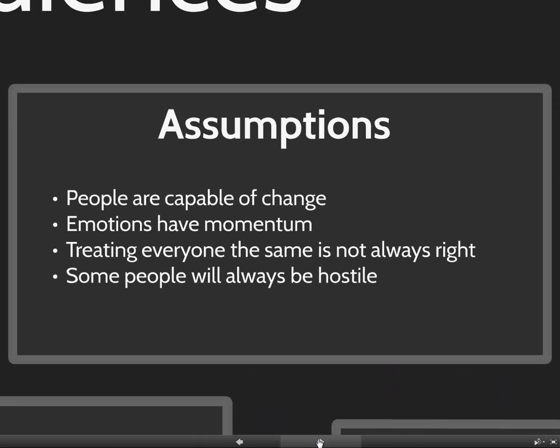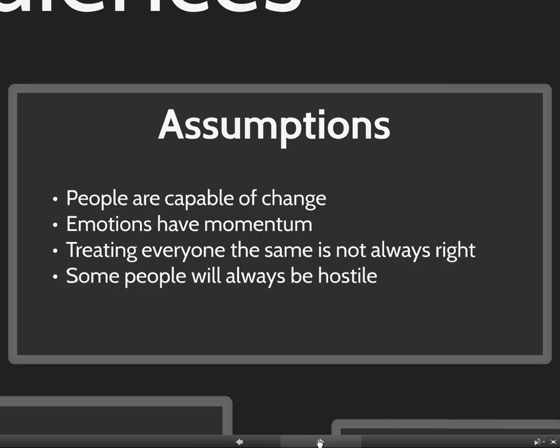One assumption we have to have of a hostile audience is that they're capable of change. In other words, the audience that comes in loving you could wind up not loving you by the end. The audience that comes in hating you might not hate you by the end. If they're not capable of change and they're already hostile to you, there's no point in talking to them. In some cases, in professional situations where you have to deliver the message, they may not care if the audience is actually receptive. They may just care if the message got delivered.